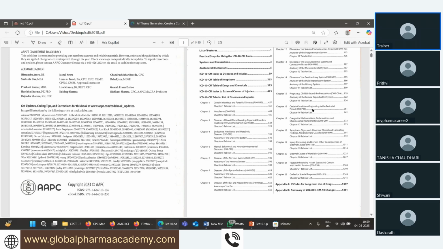Then the certain conditions of the perinatal period, this is a very interesting thing. Perinatal period means a very newborn. When the patient is a newborn, for the newborn, these code sets are for 0 to 28 days. When the newborn is only 0 to 28 days old, then we have to go with this code series P00